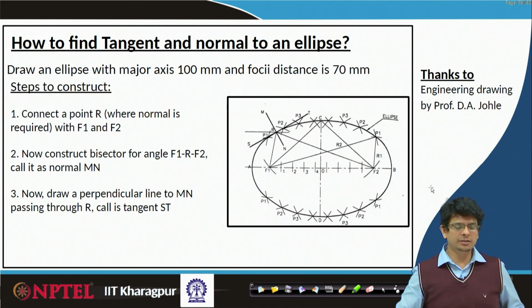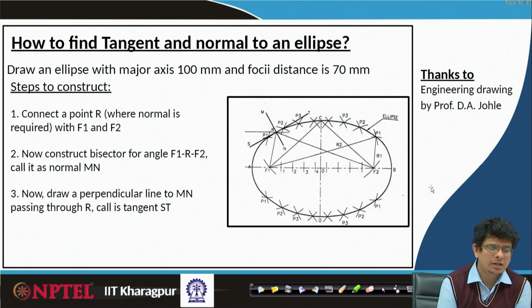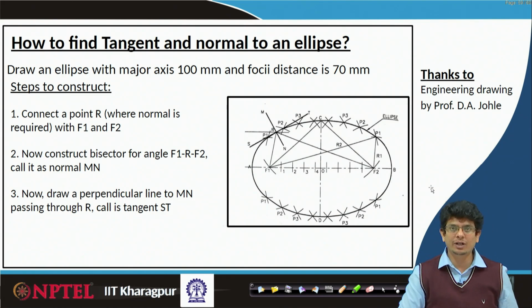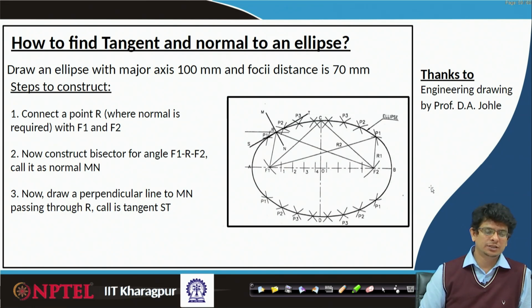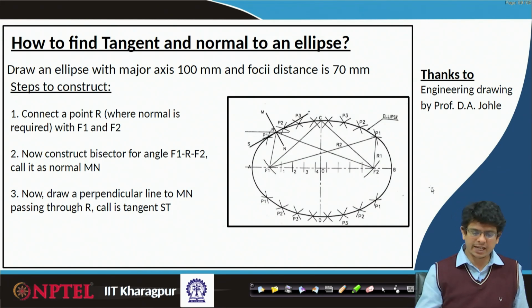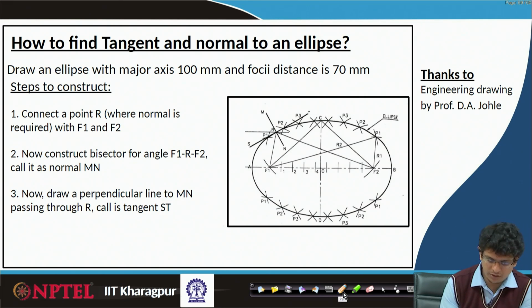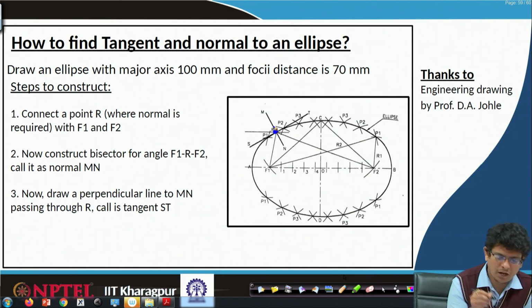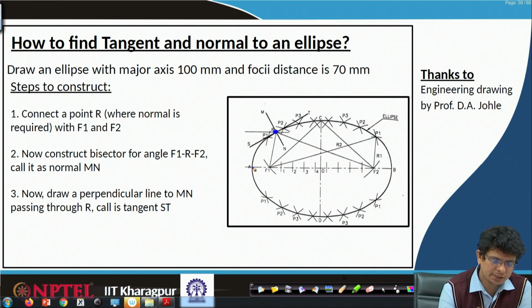Now, we will ask a question: how to draw a tangent and normal to an ellipse. For example, part of the curve we have constructed as an ellipse. Now, pick any point where we would like to construct a normal or tangent. In this case, we would like to construct, for example, at point R. So, this is the ellipse which we have joined, and our intention is to construct a normal to that. For that purpose, what we have to do,